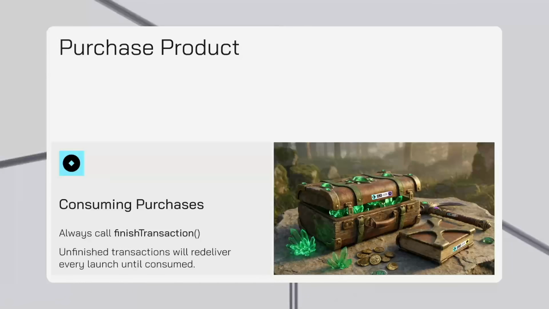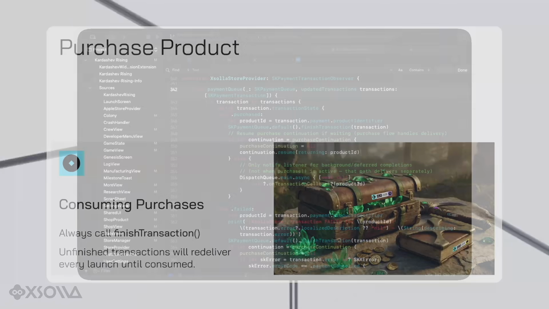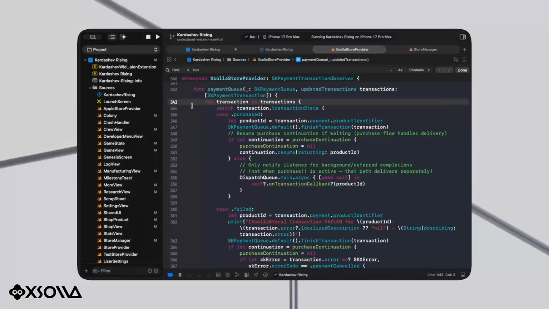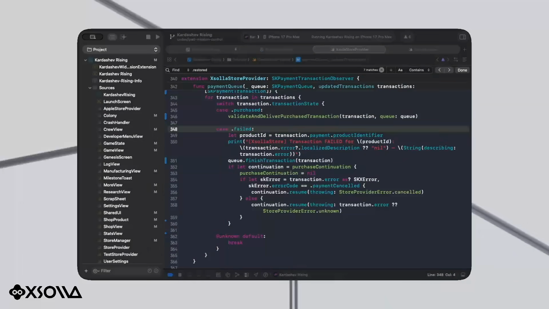For a real-world implementation, let's see how I built this in Kardashev. First, we loop over every transaction and then switch over their transaction states. Once again, while I'm doing some steps for continuation here, it's still mostly the same. I grab the product ID from the transaction, call finishTransaction to consume the event, and then hand it off to be granted. Failure looks very similar. I grab the product ID once again, still call finishTransaction, and then handle the error